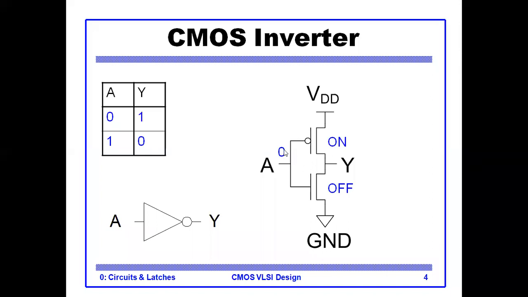So when we are applying a 0, at that time the PMOS transistor will go into the on state. At the same time, NMOS will go into the off state, and because of the pull-up network, VDD will appear at Y. VDD is the high voltage, or we can say the 1. So 1 will appear at Y. When we apply the 0, that is the low voltage, the output should be the 1.